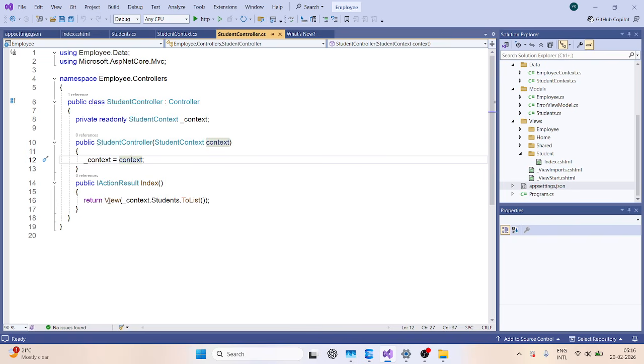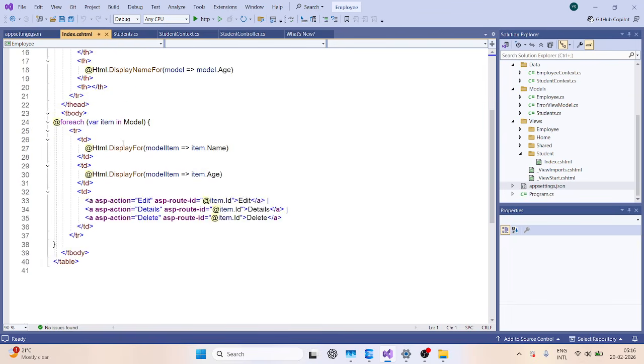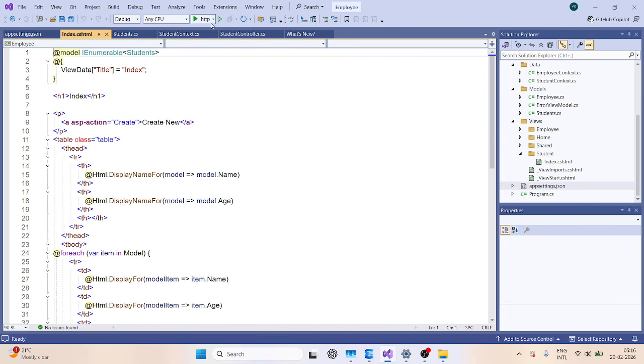Public ActionResult Index returns View, and it is the Entity Framework returning the Students DbSet model Students. The StudentContext holds students, and this is the view model IEnumerable Students. Once I run the code,